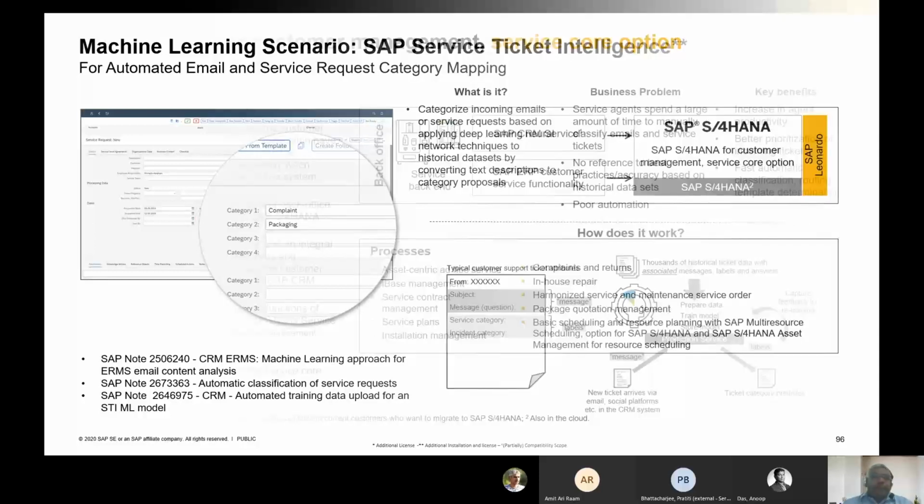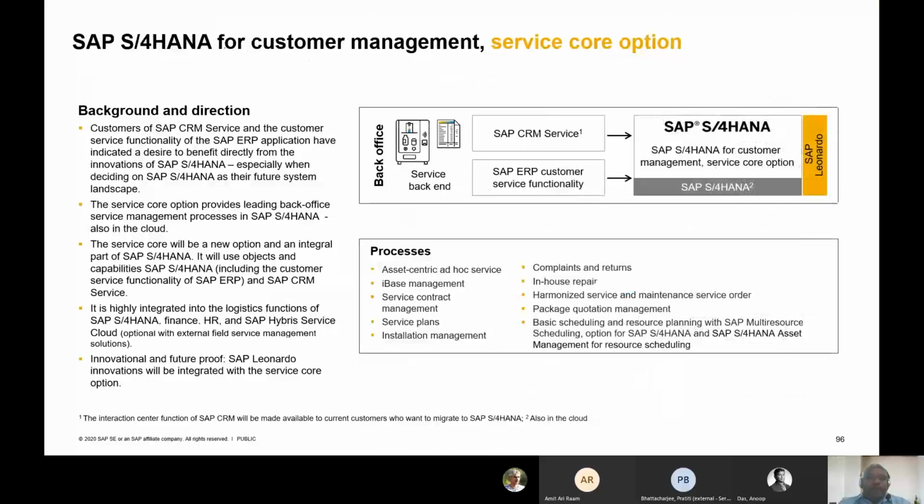Yeah. So now there's also customer engagement which has been enabled. Earlier we had CRM services as a functionality and some part of customer services. Now in S4HANA it is enabled as a core functionality.